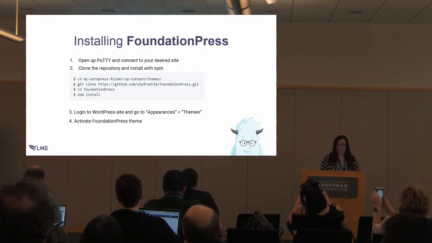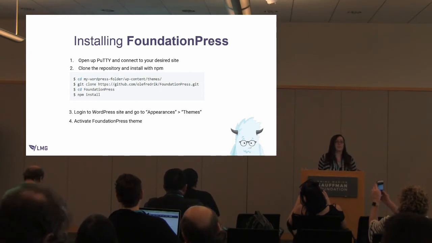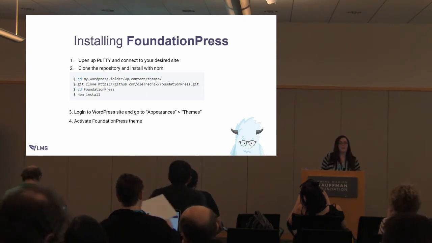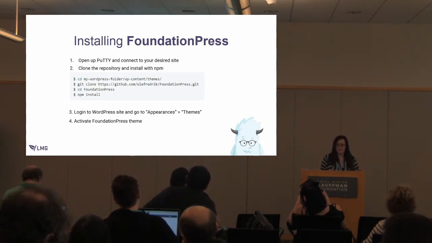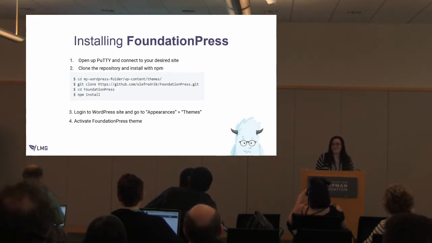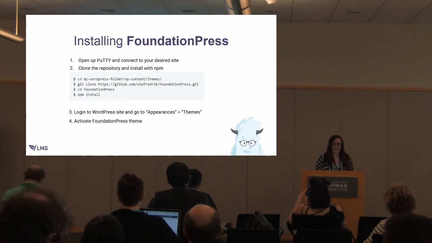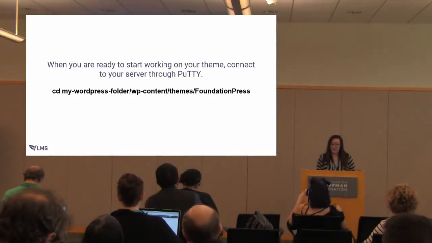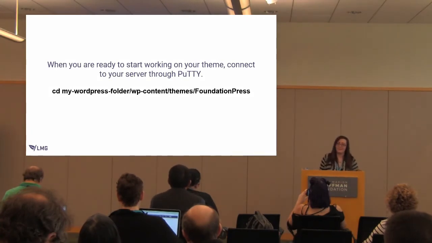Hit enter, then you do a change directory to go to the FoundationPress directory, and then you will install that entire directory. That'll take a couple minutes, but once it's done, then you can log into your WordPress site, then click on Appearances, and there'll be a new theme with this cute little Yeti guy. He's great. He's adorable. All you have to do is then just activate the theme, and you're ready to go. Super easy. The most difficult thing is that people sometimes don't like working with SSH and the command line, but it's very easy. All right, now I'm going to show you how to use it because that's the most important